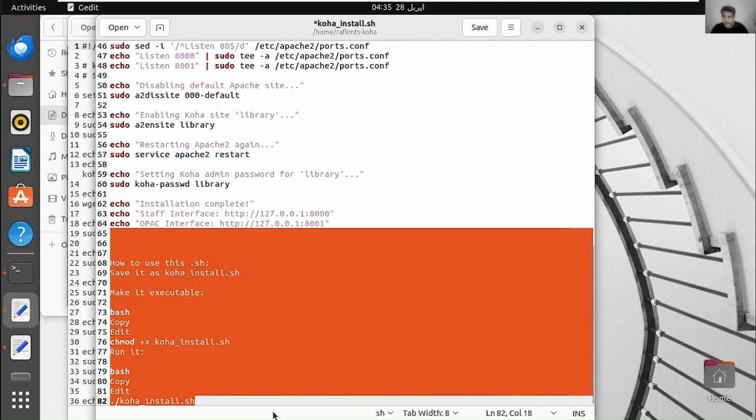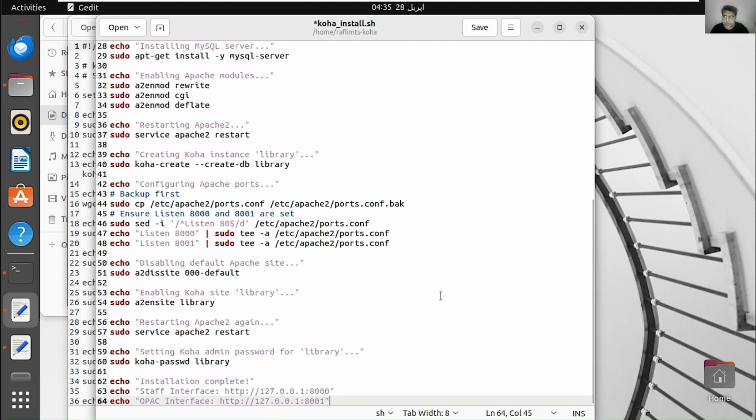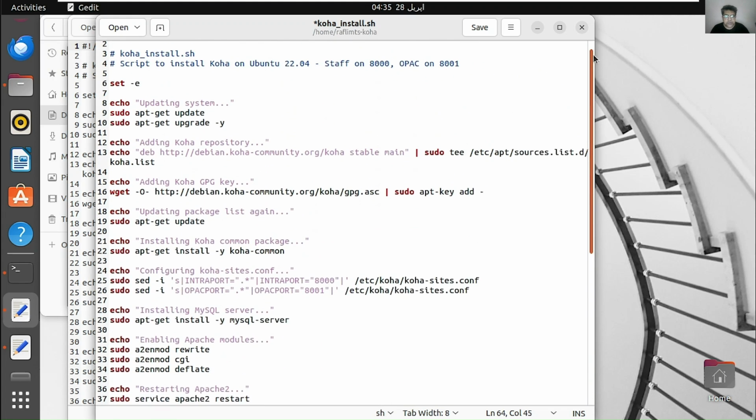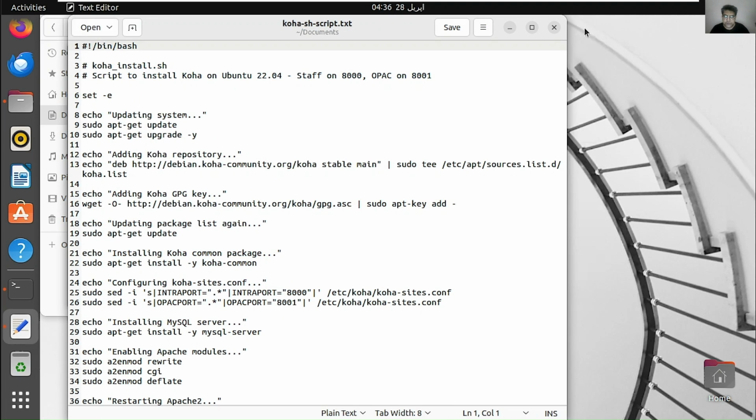These are the commands we need to work with. You can see now this is a .sh file, that is the shell script. Save now. This file is available in the home folder. Close now.